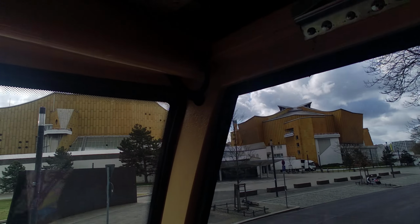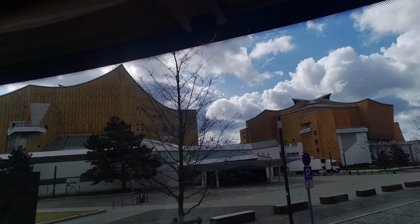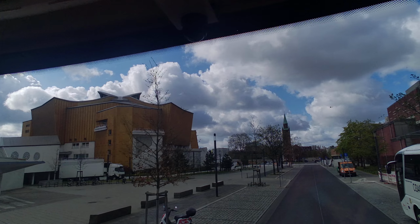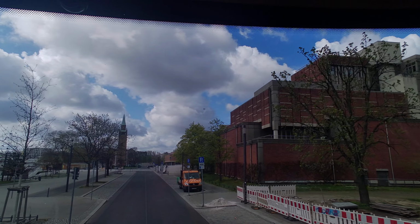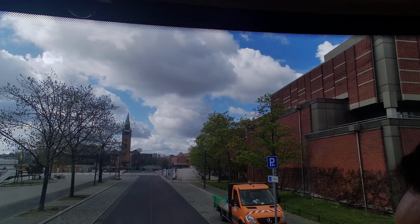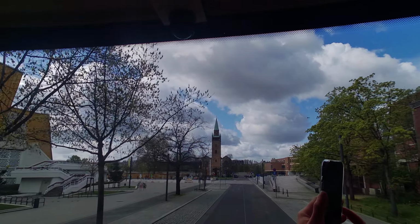Okay? And if you're wondering about the architecture of this and the building next to it, it's because of the acoustics, which are absolutely incredible. They went to mathematical lengths to make sure that they got the building in such a way that you get the best acoustics out of it, that's why. And next to it, this is the Chamber Orchestra building, which opened in 1987. In front of us you have